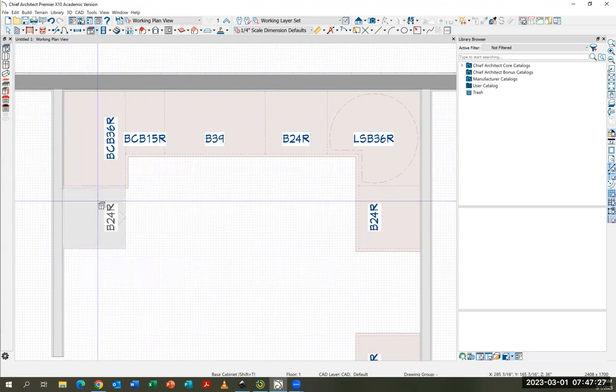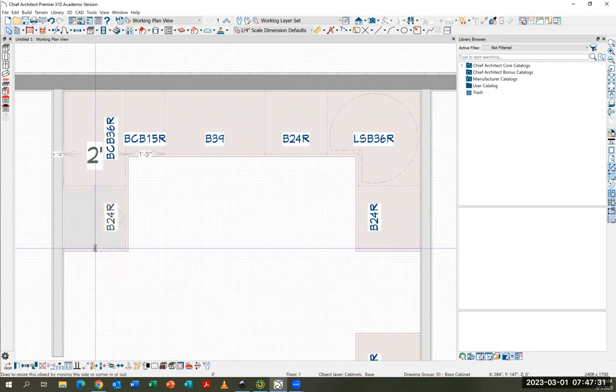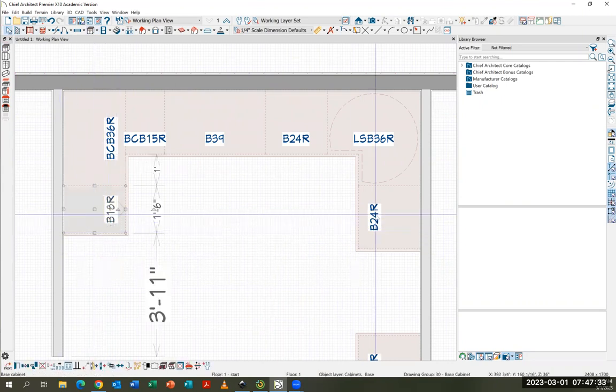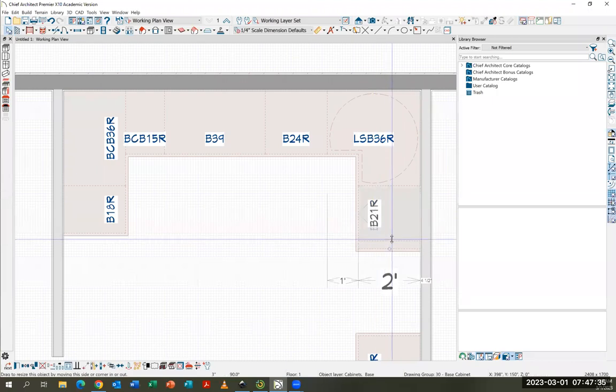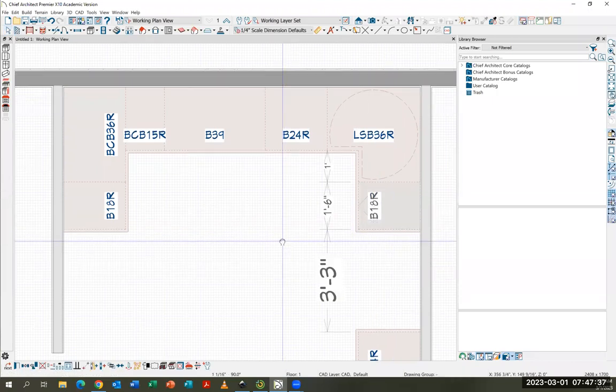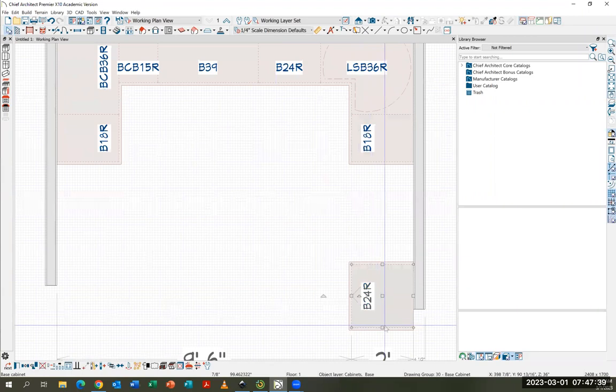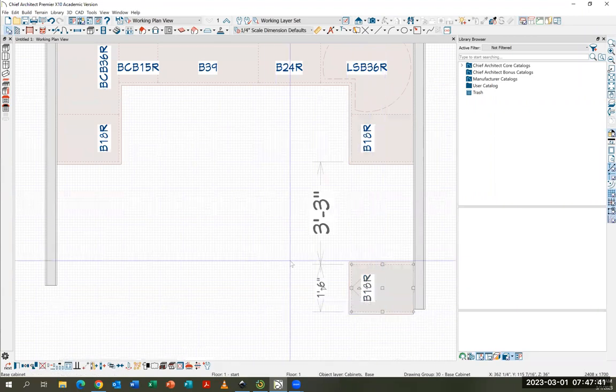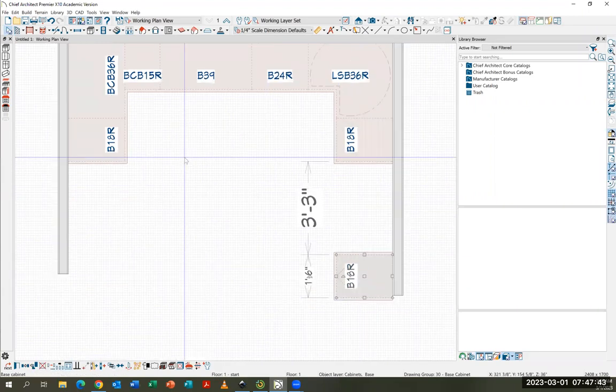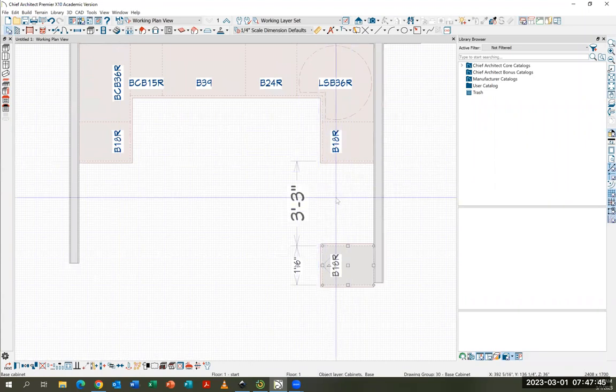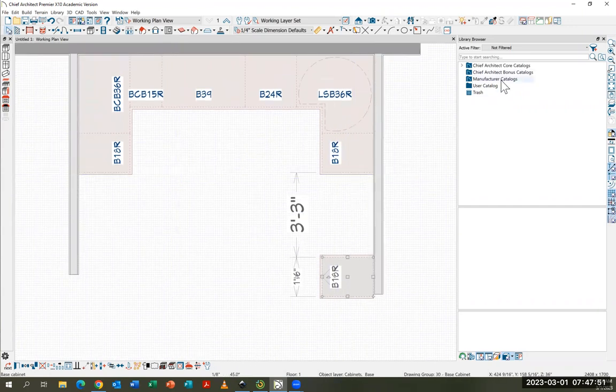Next to this cabinet, I believe I have an 18-inch. Let me change this. This one over here is an 18-inch. This one's going to be an 18-inch. And I'm going to put a refrigerator here, and I'm going to put a range here. So let's go into our